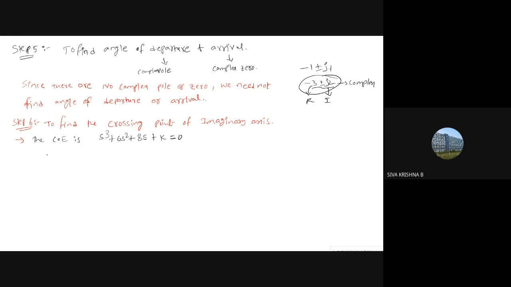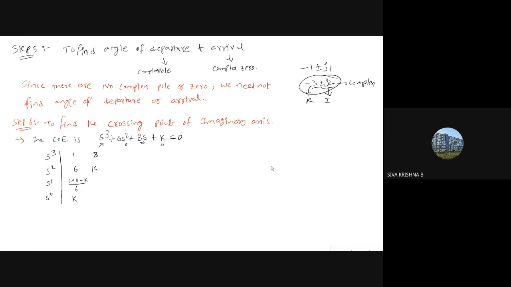So now tell me the table S power 3, S power 2, S power 1 and S power 0. Tell me the values. 1 and 8, 6 and K. So next this one is 6 into 8 minus K by 6, and here it is K. Okay. Now